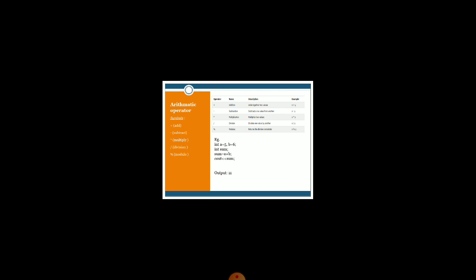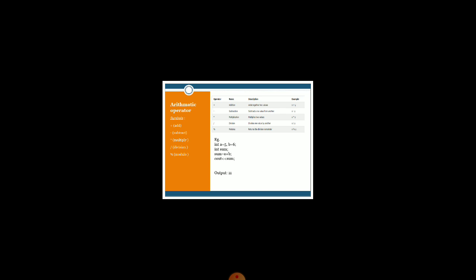Similarly, the first two symbols, plus and minus, can both be used as unary operators also. Now what do you mean by unary? Unary means when there is only one operator and one operand present. In simple language, if I put minus a, it indicates that here I am defining the value of a as a negative value.